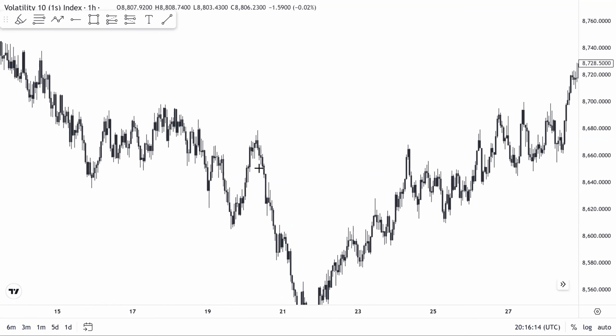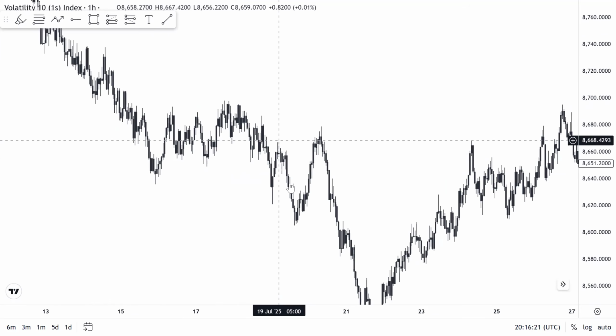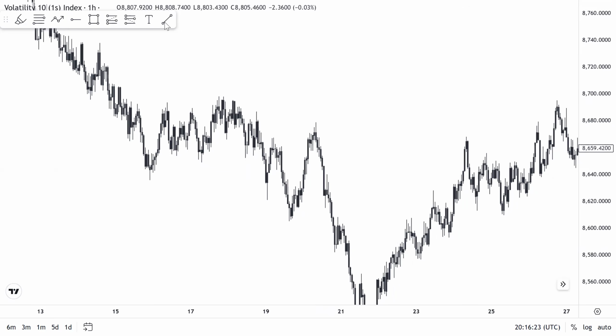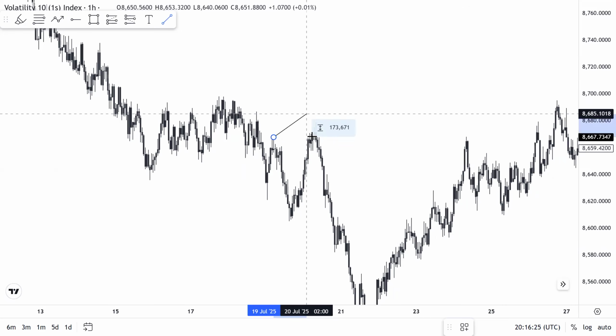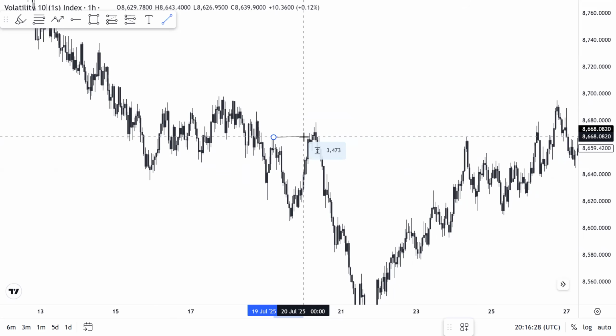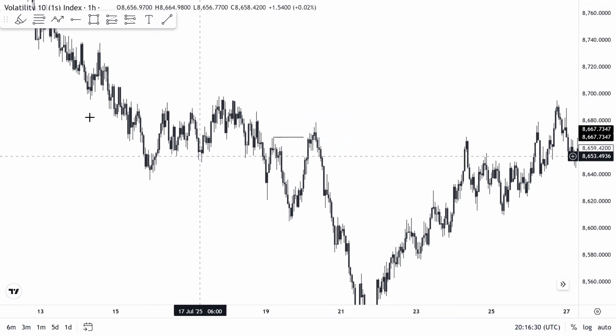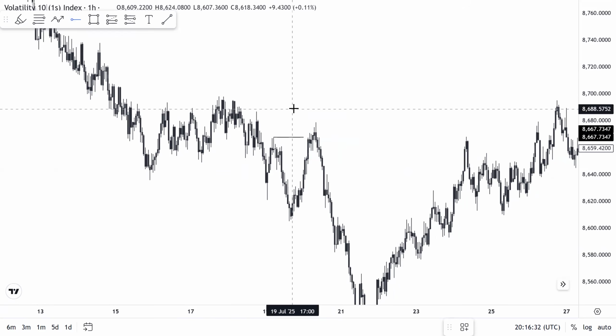So now, if you look closely, we had what? A sweep of this high, a break of market structure. The market gave us our type 1 scenario. Price swept out this liquidity again. Remember, I said always be patient. Once you have a directional bias, it's going to make everything simpler, okay?